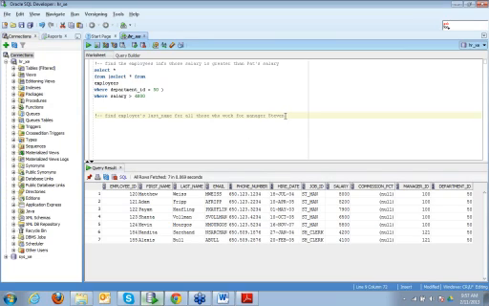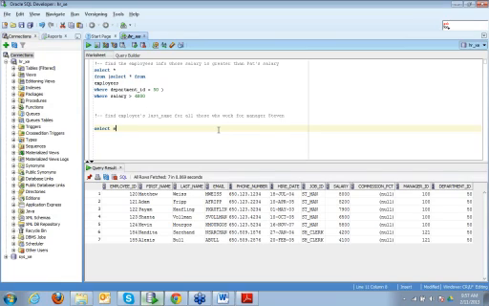So can we do it directly? We cannot do it directly. First we need to find what is the manager ID for Stephen, and then we will be able to find the employees who work for this particular manager. So we can start from the subquery level and divide this into various subqueries. First let us find the manager ID for Stephen.